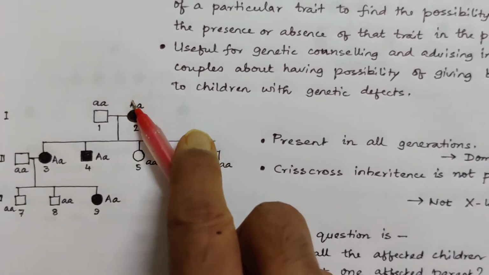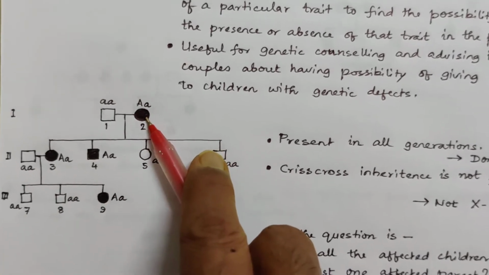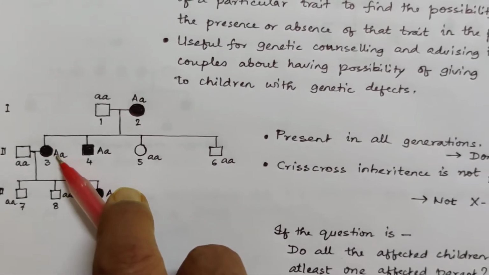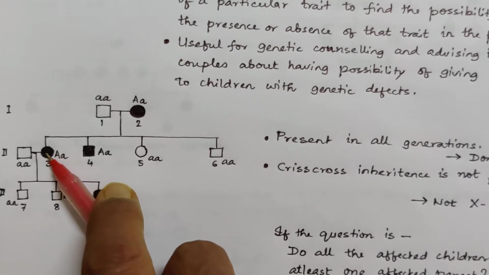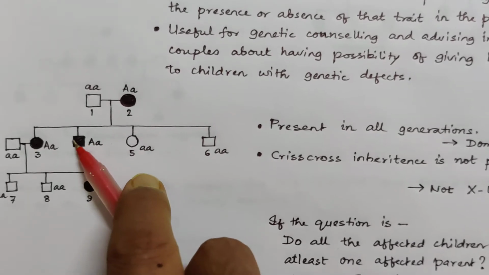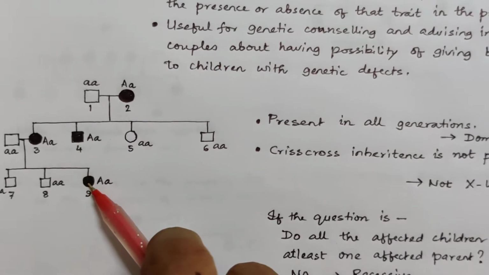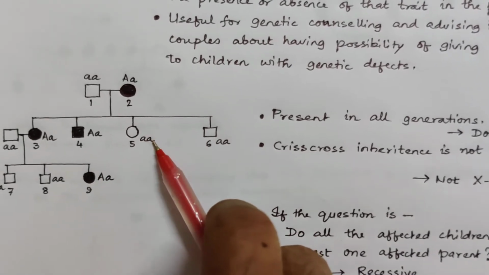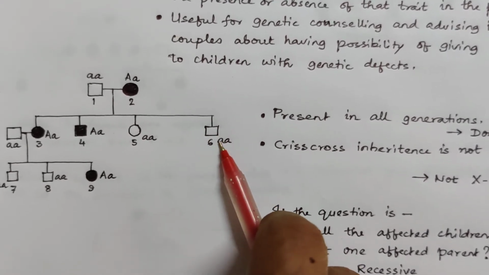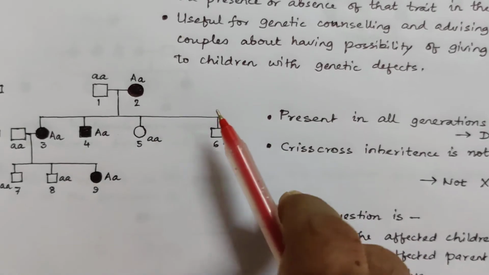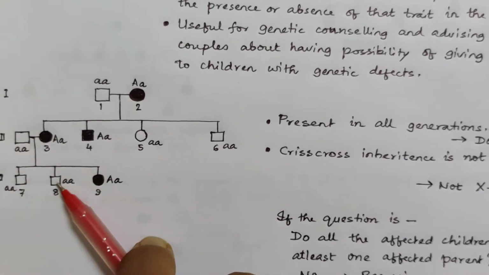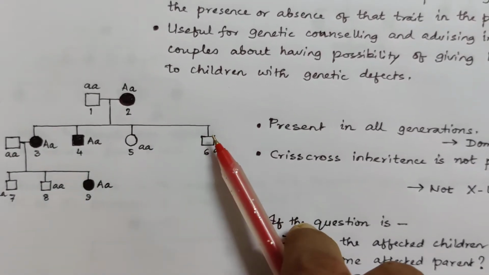Now if we consider this capital A to be the cause of the trait or cause of the disease, then wherever we find this capital A, you will be seeing the diseased or trait. Now here also we are seeing a capital A, that means this is a diseased person. Here also capital A, that means a diseased person. In case of normal persons, we never find any capital A. Just look over here. Both are small a, small a. Small a means these are not affected or these are not carrying the trait.